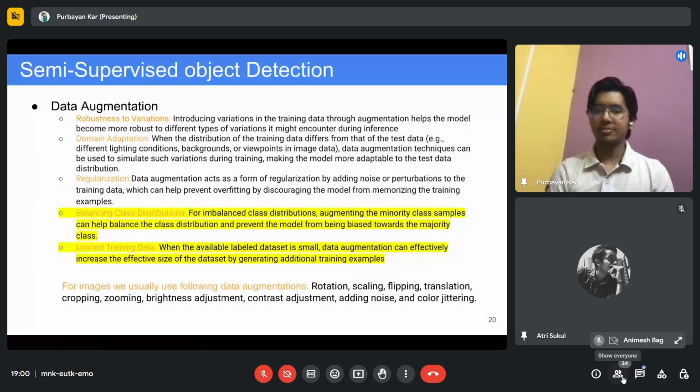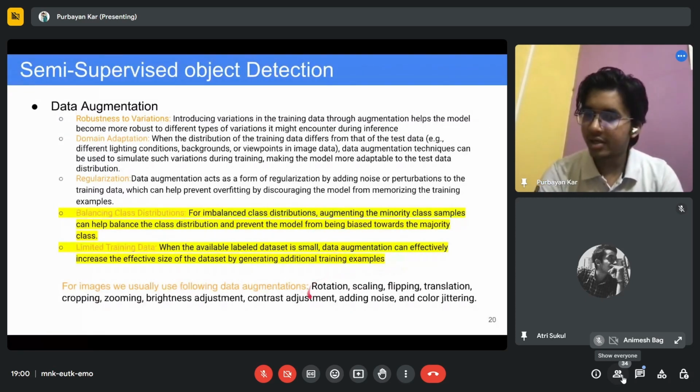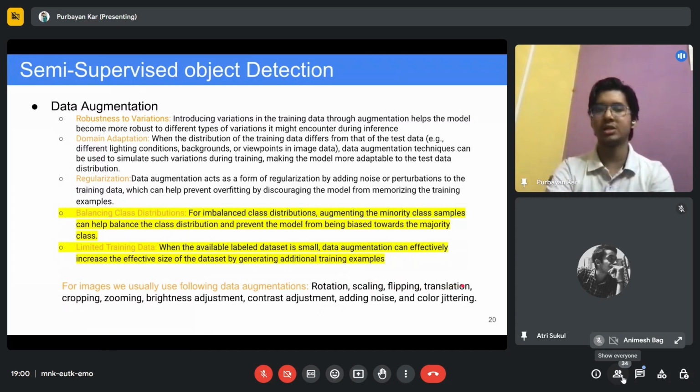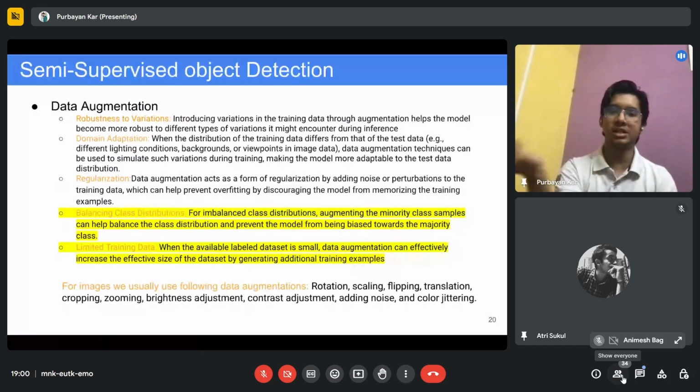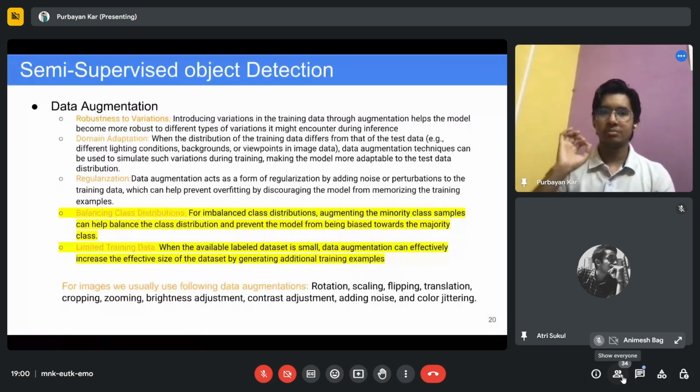So data augmentation, I said, is making copies. How do we make copies? We can rotate the image, scale the image, flip the image, do translation, zoom in, zoom out, increase or decrease the contrast, add some granular noise, and change the color contrast of the image.